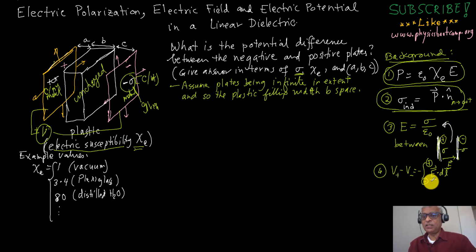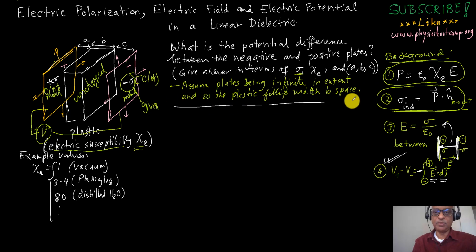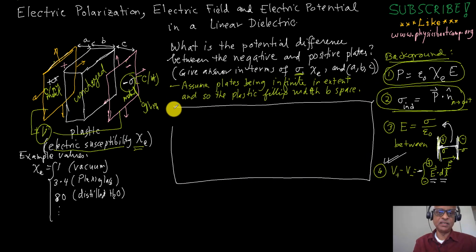And then if I know the electric field between the negative and positive plates, at all the points, then I can go from, say, the negative plate to the positive plate, do this integral from a point here to a point here with a minus sign there, and that will give me the potential difference. That's the answer I'll get. So I need to know the electric field all over the place. Okay, with this background, let me go over some of it. Then I'm going to erase this and come back to it. So the background,